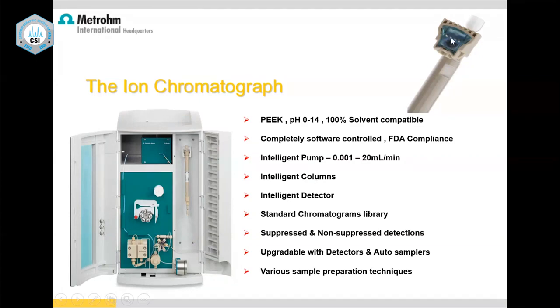And most importantly, in compact or professional systems, the pump, column, and the detector, all three carry a microchip. So what is the advantage? The moment I connect it to the software, it is automatically identified along with the serial number and part number. So your method will carry which part number, which article number, serial number pump you have used for your analysis. Every bit of information is captured by the software and carried with your method.